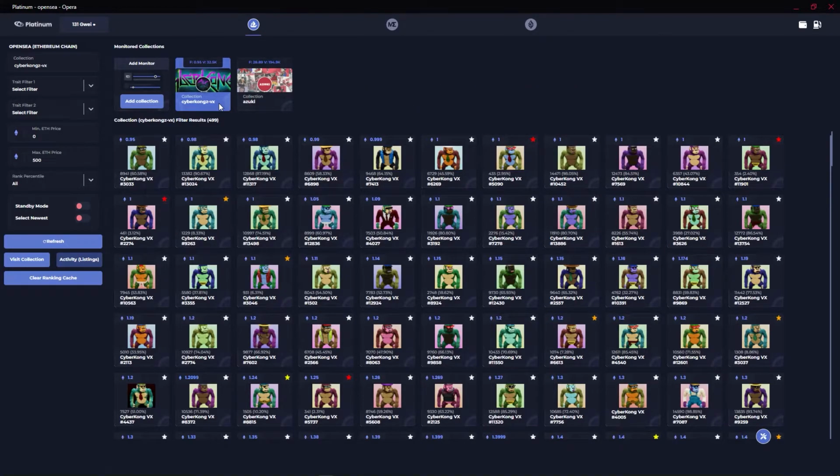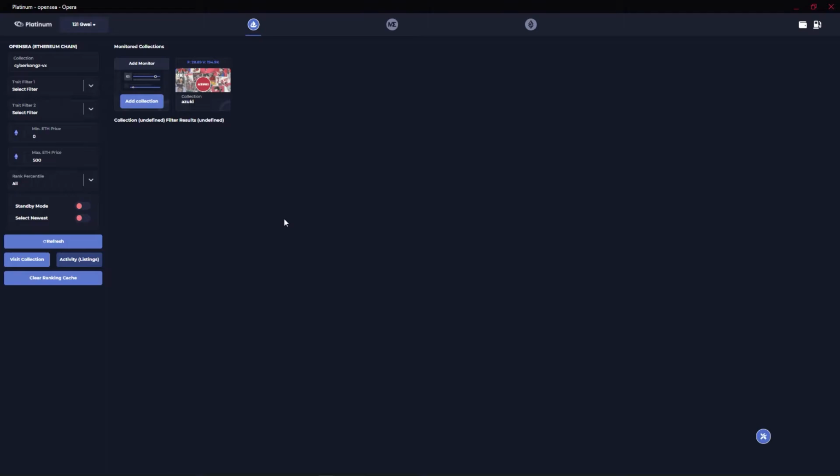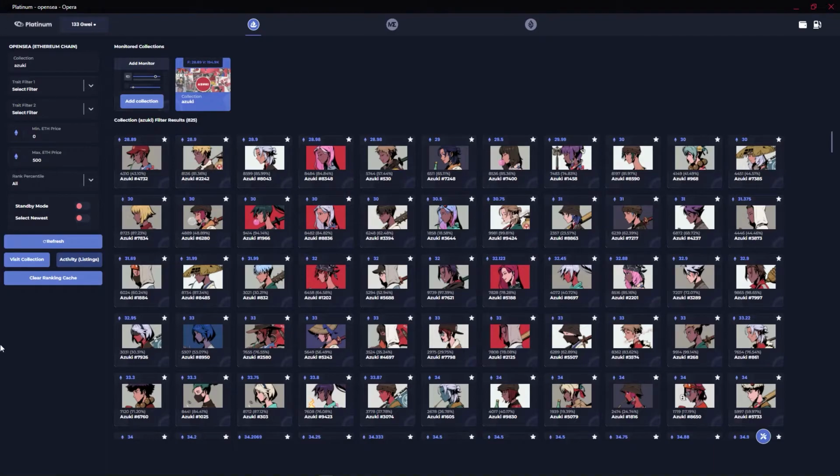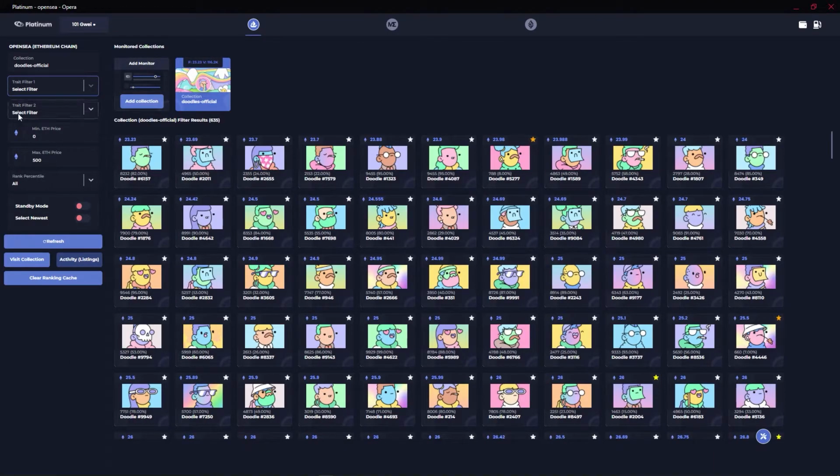And if I do want to go ahead and delete a collection, I go ahead and click it, and there you go. Then I'll go ahead and click back onto Azuki here, and we can see everything related to that. So now that we've broken that down, let's head over to this section of the extension and let's break it down. Now moving on to the trait filter part of the extension within the OpenSea page,